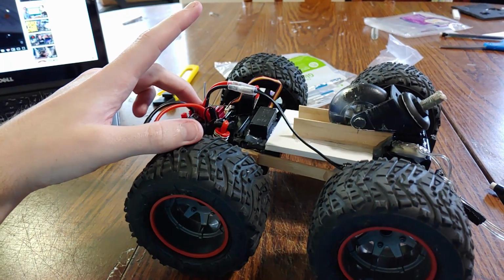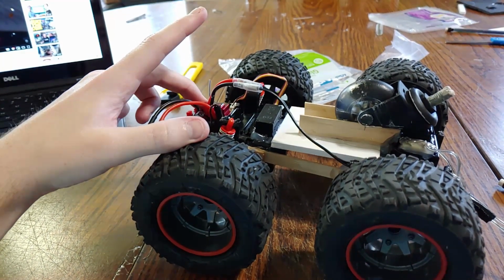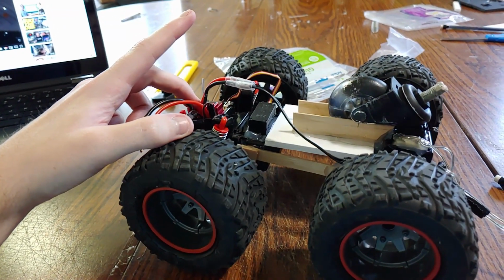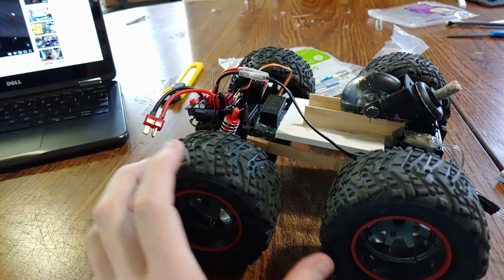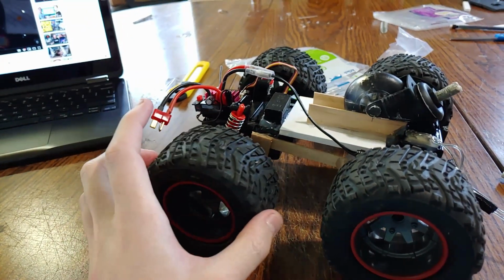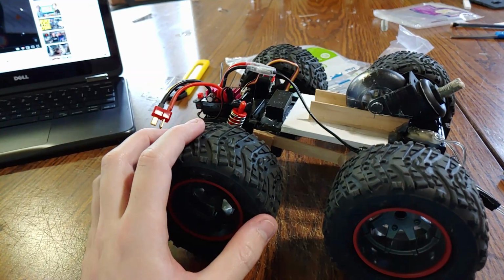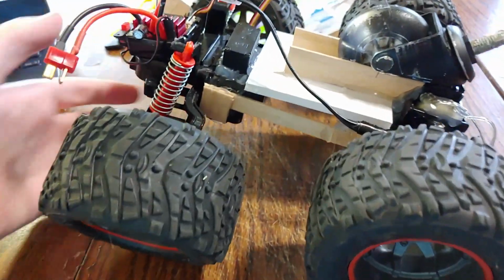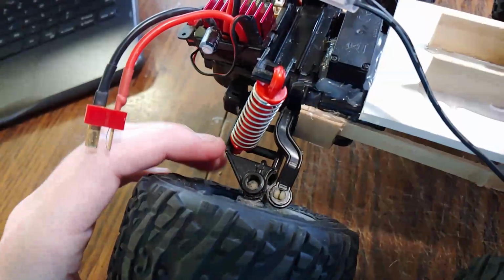so the front wheels are making proper contact. If the front wheels don't make proper contact, this thing doesn't steer worth a crap, because these things are able to spin freely and they're not actually forcing the thing to turn in the direction that it should. So yeah, I do need to get in contact with New Bright